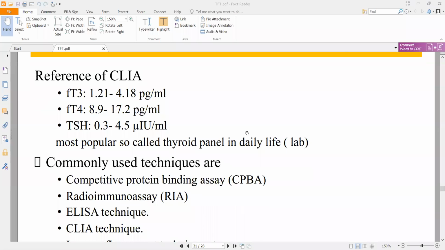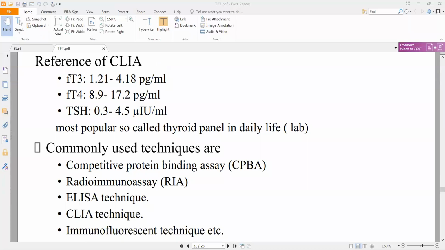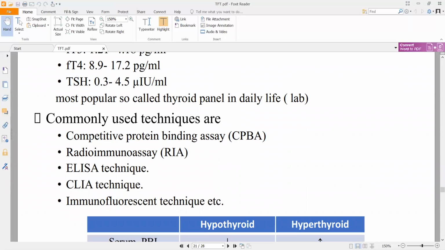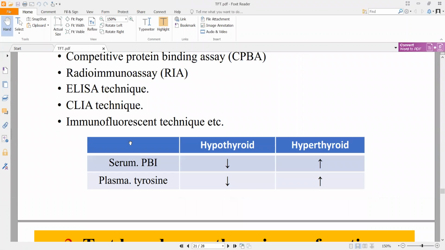All right. Now, what is most commonly used, most popularly used, is the thyroid panel. If someone is suspecting hypo or hyperthyroidism, they will perform a thyroid panel for the person, and they will basically check FT3, FT4, and TSH in that, right? Along with a bunch of other stuff. Now, some common techniques that are used here, the main one that you need to remember is ELISA. The others are also important. Radioimmunoassay and ELISA are the important ones, but you will have to mention all of them in your exam though.